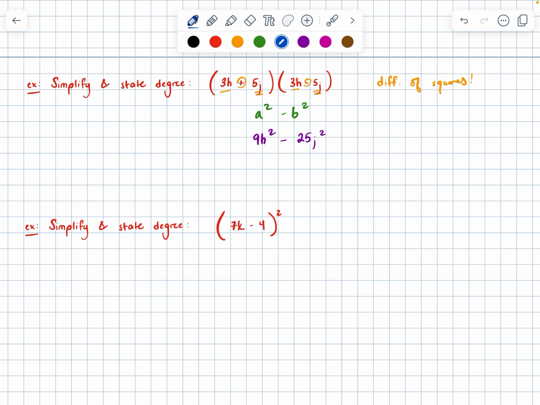The degree of this polynomial, notice both of these have a degree of 2. Unsurprisingly, this whole polynomial should be quadratic as well. Now for 7k minus 4 quantity squared, I could recognize that this is a perfect square trinomial, but I want